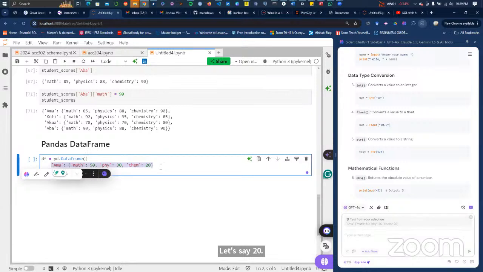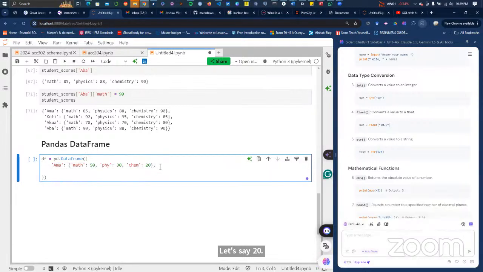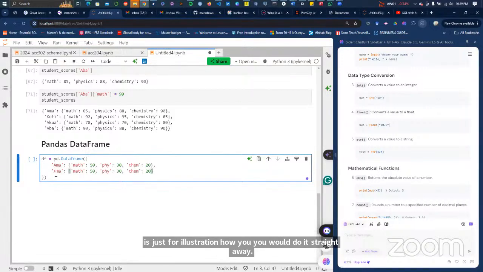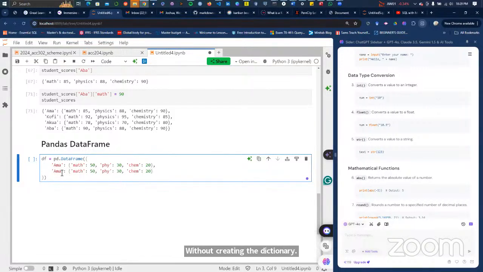This is just for illustration, how you will do it straight away without creating the dictionary first. So let's say this is ABBA.